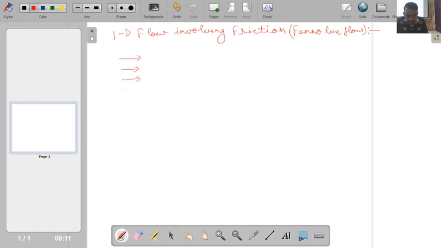Say this is my free stream which is moving at velocity v infinity. If I have some solid object over here which is ahead of the flow, I will find that immediately whatever layer adheres to the solid object